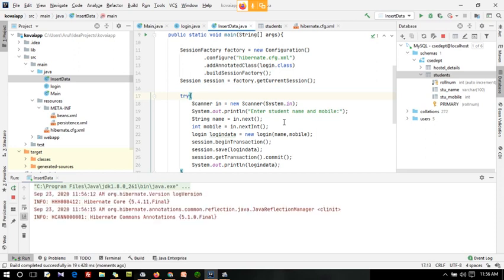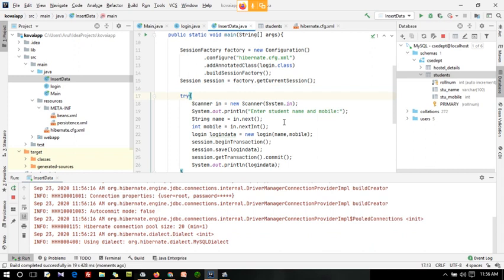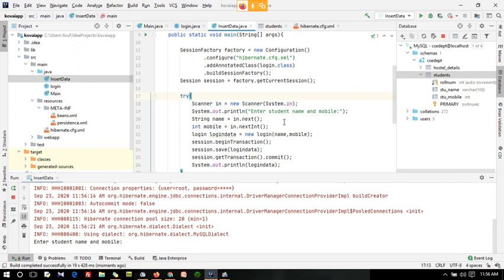So I think I don't have any error. See, it is asking me to enter student name and mobile number.